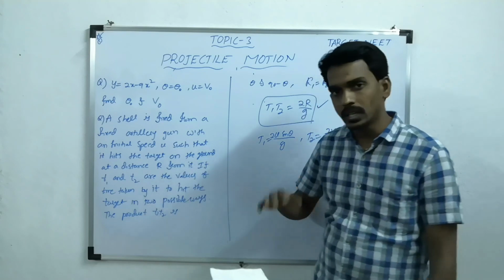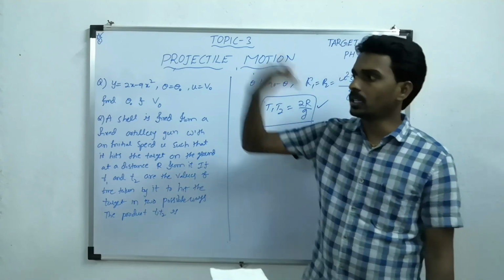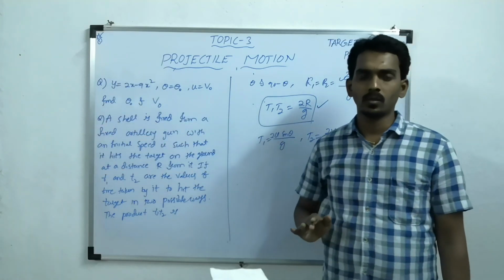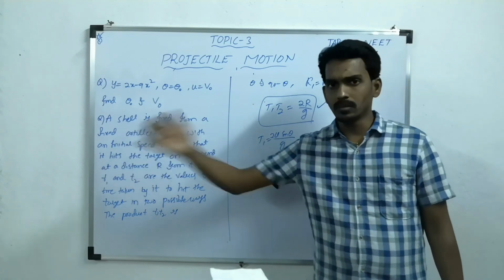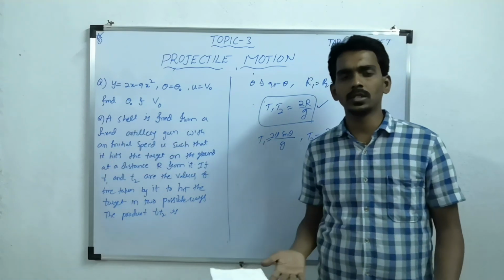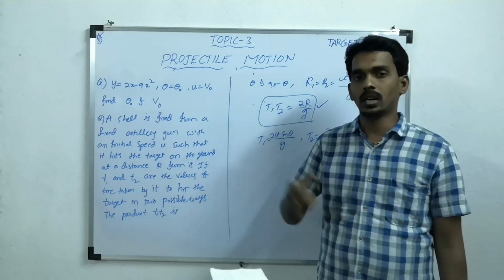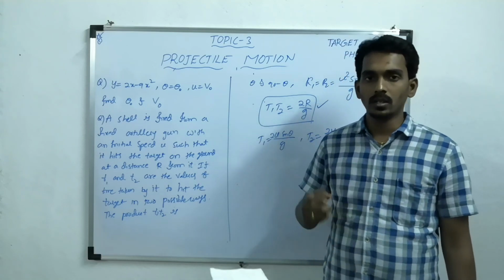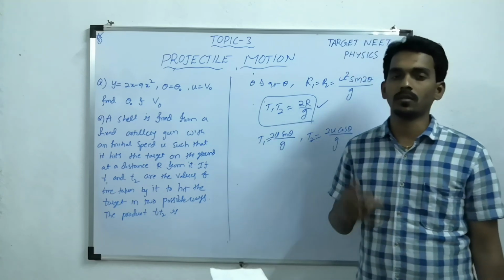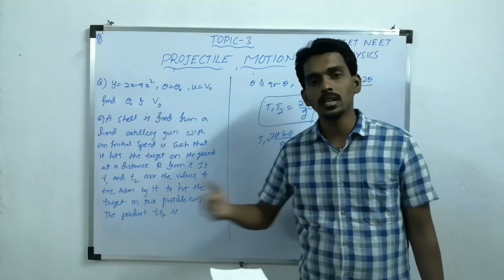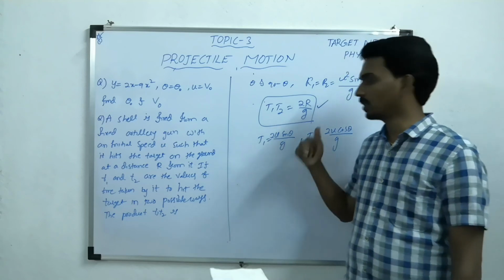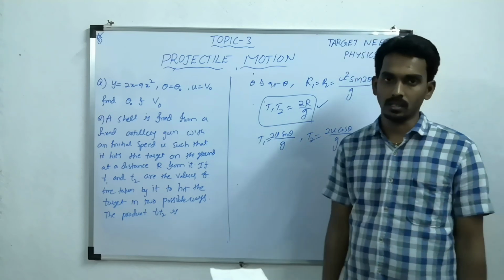It is a direct question, but you have to understand it carefully, because here they are mentioning two possible ways such that the target is the same. The target is the same but in two different possible ways means what? There you have to use your sense: they are telling you the condition indirectly, that in two different possible ways the range must be the same. So that you will understand and get the answer.